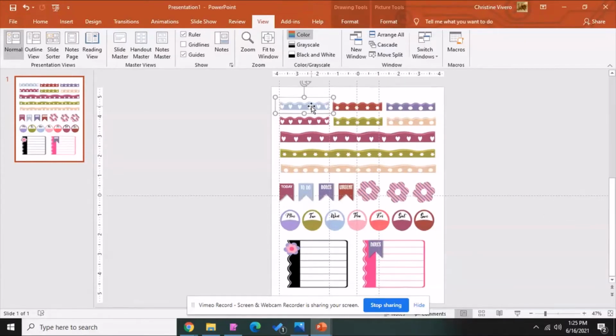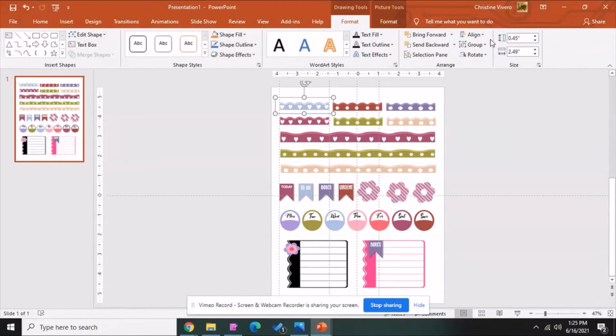But if you want to be sure about the size of your sticker, you can go to format, and here on the right side you can see the exact size of your sticker. You can also adjust it if you like. So for example, I'll adjust this to 2.5. So that's exactly 2.5, and if you want, for example, this one to be 0.5, so that's the size. Okay,